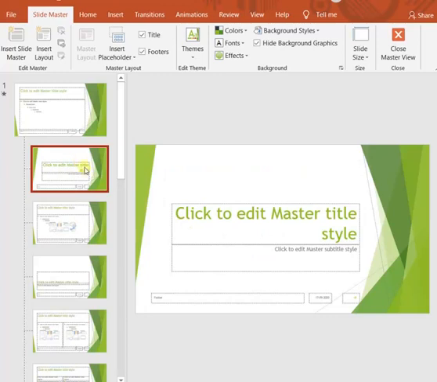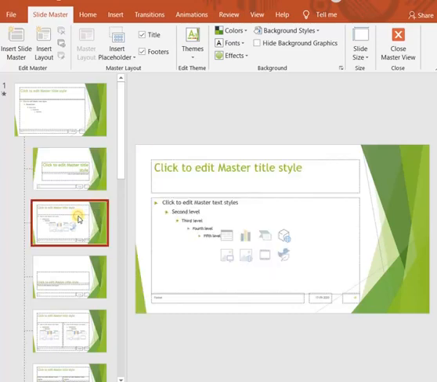For that reason it is showing that it is used by slide 1. That means my presentation slide number 1 is using this layout, and slide numbers 2, 3 and 4 are using this layout, the second one.